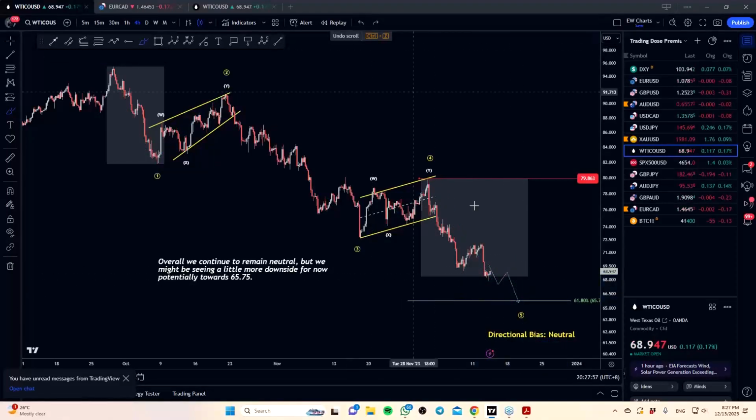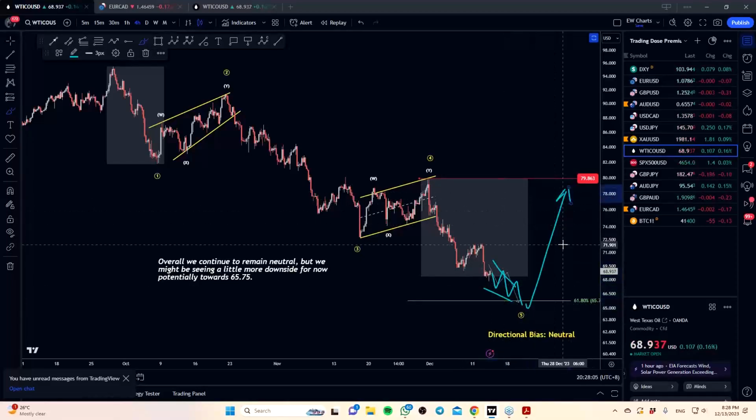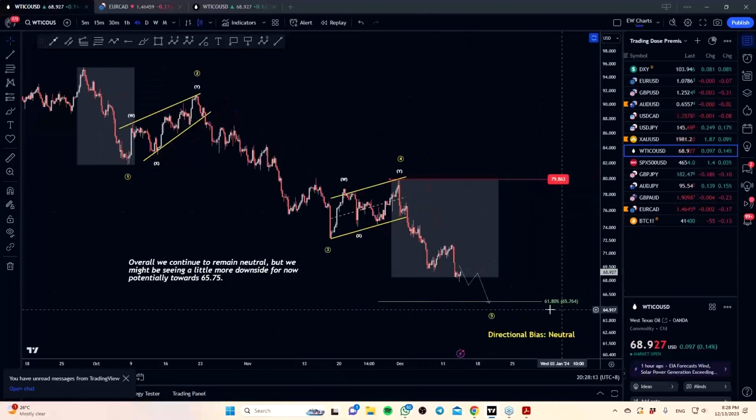Is it a buy yet? No, because we don't have a pattern to tell us a buy. But if this starts to do a crawl, going into the key area, then yeah, we'll be looking for the buy trade from there on. That's a very quick one. Just to very quickly update, the key level we are looking at here is around $65.75.